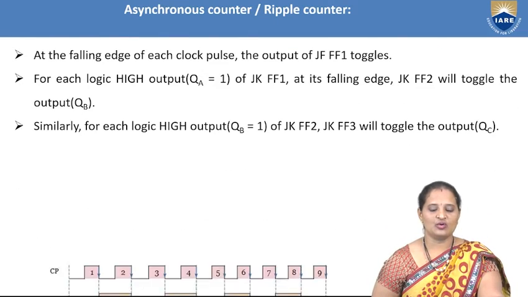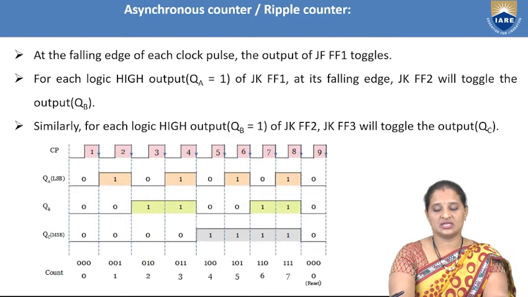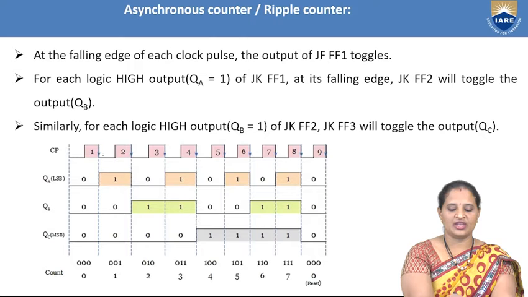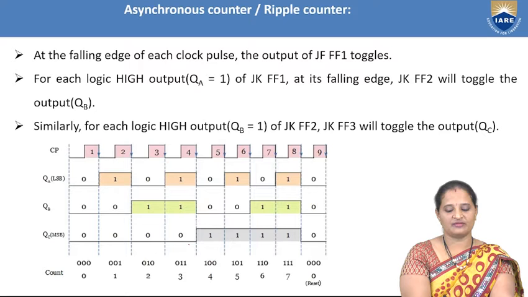Let us have a look at the timing diagram. So this is a timing diagram here. This is a clock pulse, and these are the initial states of all 3 flip-flops here, 0, 0, 0. During the negative edge, the first flip-flop changes its state, that is, it toggles and becomes 1. As we have a transition from 0 to 1, it is a rising edge. So the second flip-flop will never change its state because of the transition we have in the first flip-flop, 0 to 1. So it never changes, and this one also never changes.